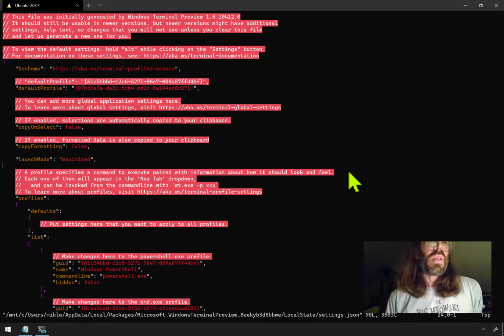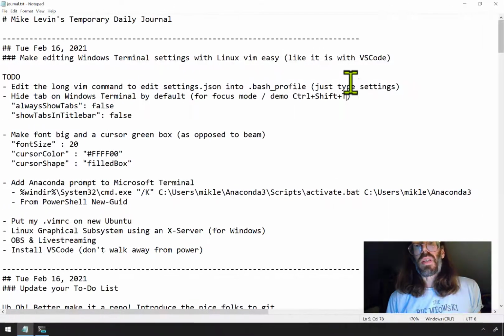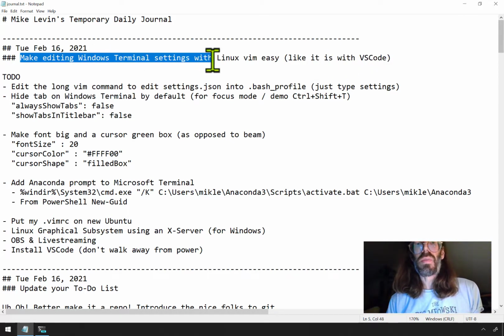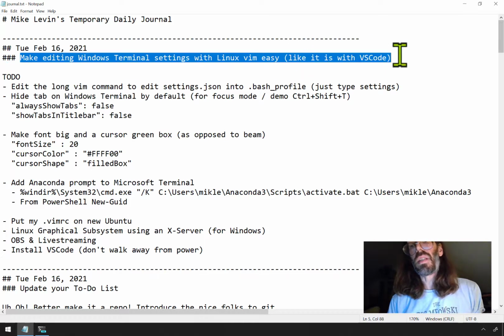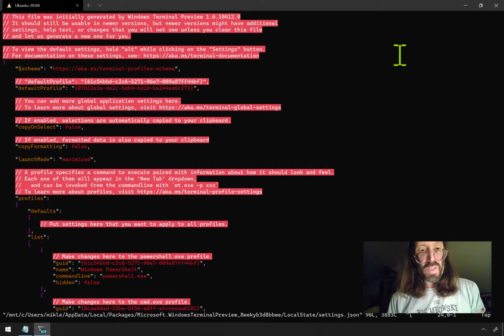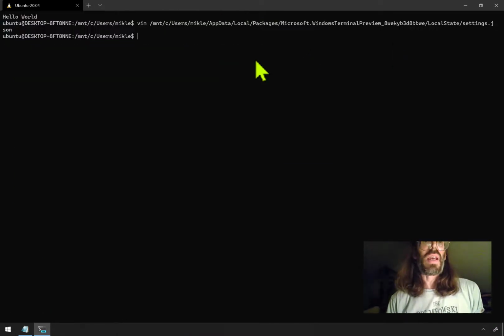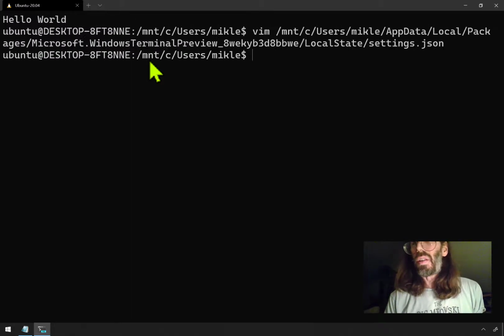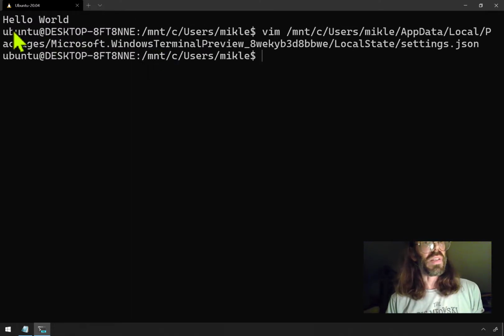And this is the same trick that's being done in VSCode when you have VSCode on your machine. But I want to make editing these settings with Linux Vim easy, like it is with VSCode. So the first thing I have to do is eliminate having to type this really, really long command there. You can see how long that is you need to type. So I'll pick up just the command itself, which starts from here